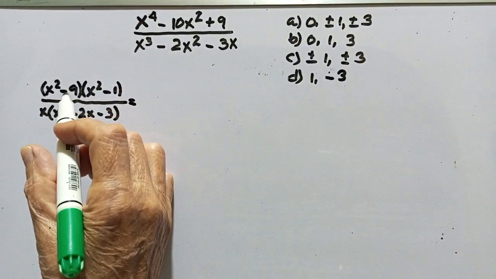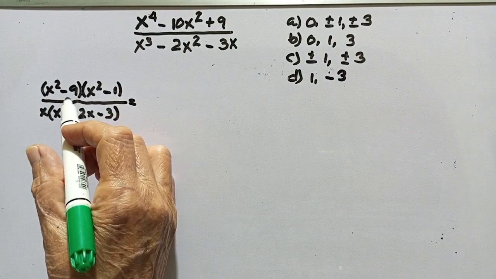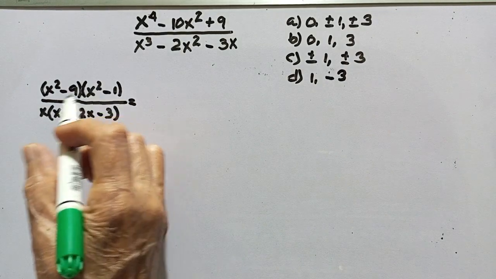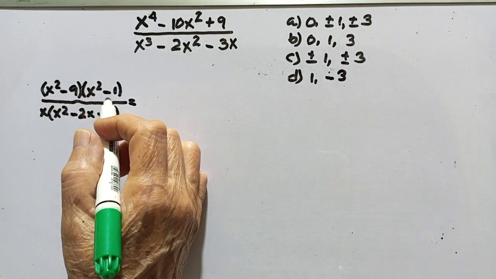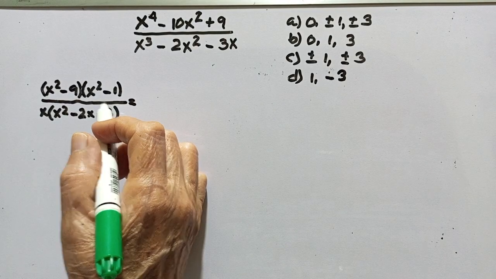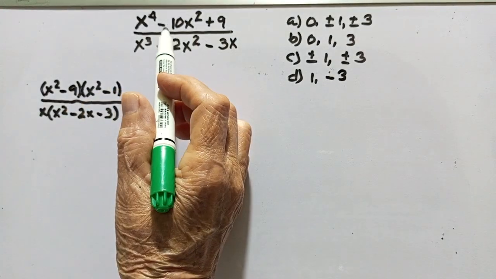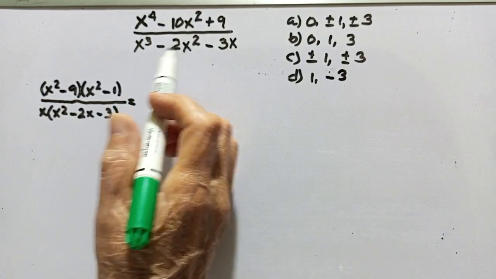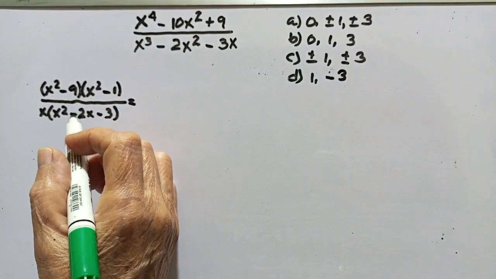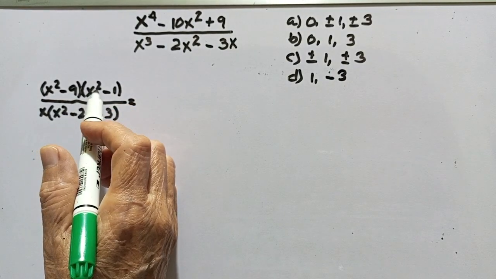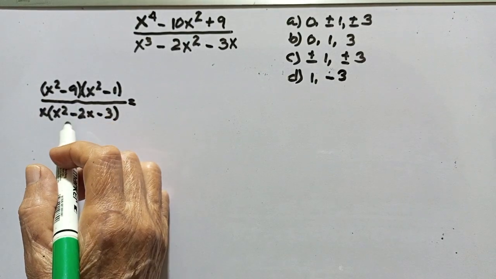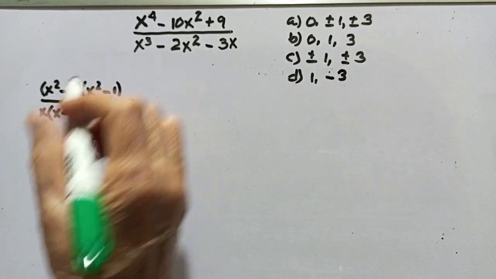Now take note, you have minus 9 times x squared is minus 9x squared. X squared times minus 1, that would be minus x squared. If you add that one, you have the negative 10x squared. And notice also that these factors are still factorable. Also the denominator. And these factors are